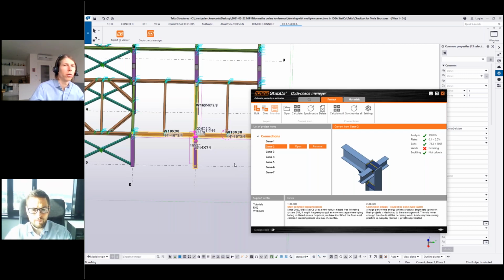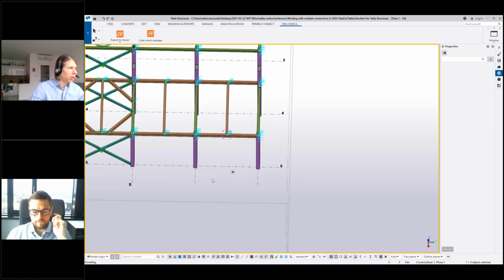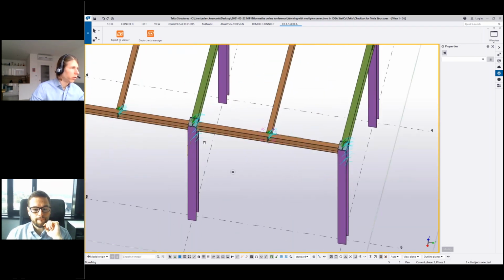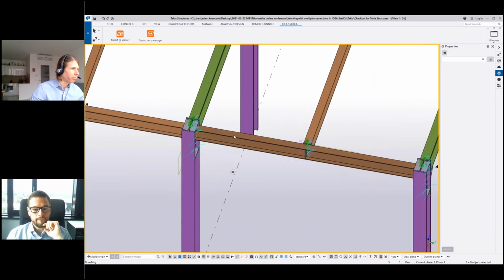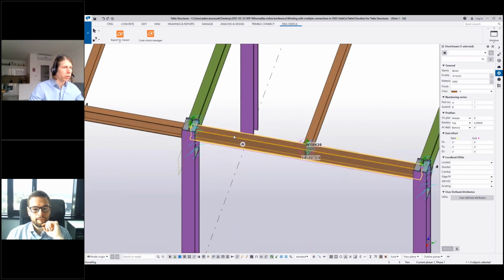So you have to always keep your models up to date. We've been thinking of this, of course, as well. Let me demonstrate this. If I, for example, say about this member,